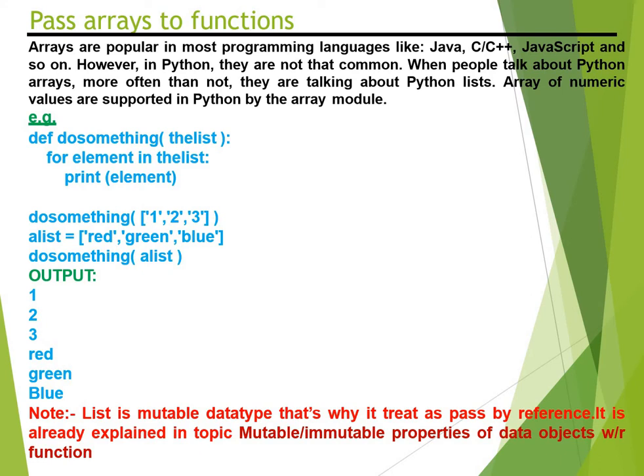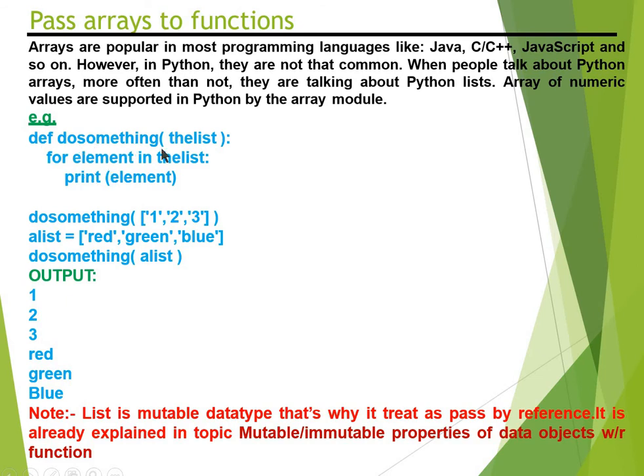Okay, we are referring only to lists. So you know what a list is? It is a mutable data type, and you know all the other functions of a list. Now look at the example program. Here all the programs are with functions only, because we are learning about functions.